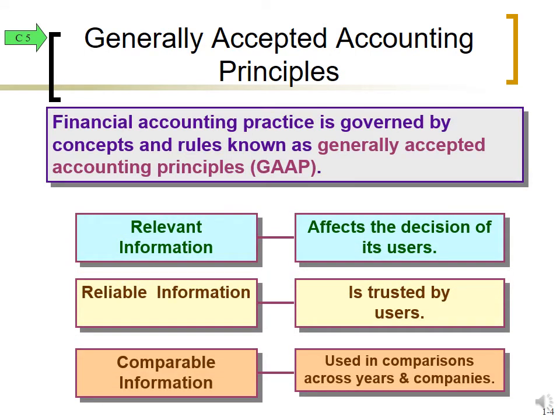The accounting industry follows something called generally accepted accounting principles, and in your reading you may see it listed as such or abbreviated as GAAP, G-A-A-P. If you're thinking about building a house, what's the first thing you do? You set up a foundation. And that foundation from an accounting perspective is GAAP. Notice what it does. It utilizes some of the basic tenets we've already discussed: relevant information, reliable information, comparable information over periods of time. So it has those basic tenets as its building structure, if you will.